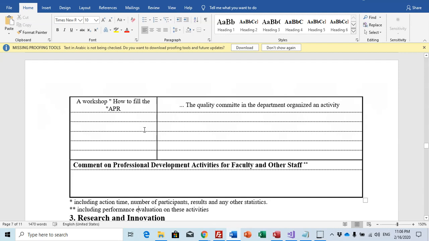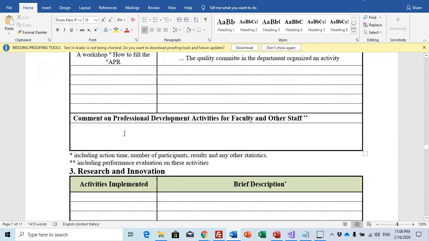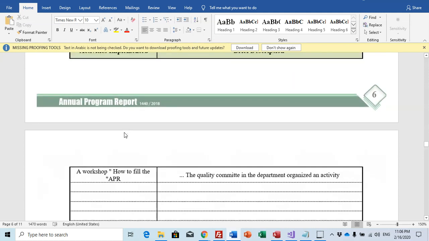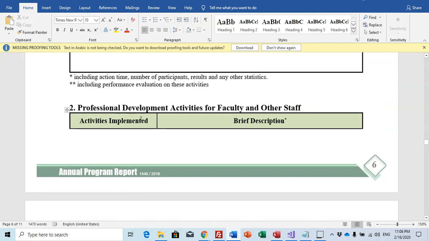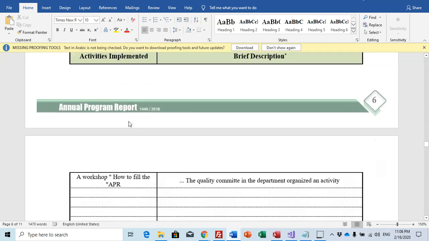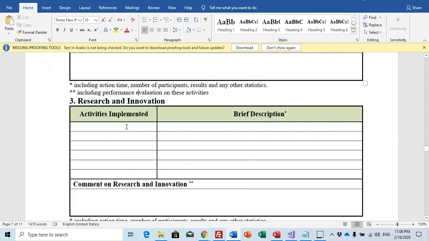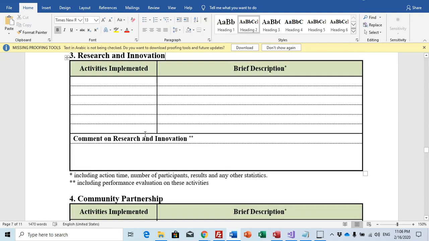The evidence can be taken from the organizing committee, or maybe it is published on the website or from the department council, and you should have evidence to show the time and number of participants, results, and any other statistics can be written.